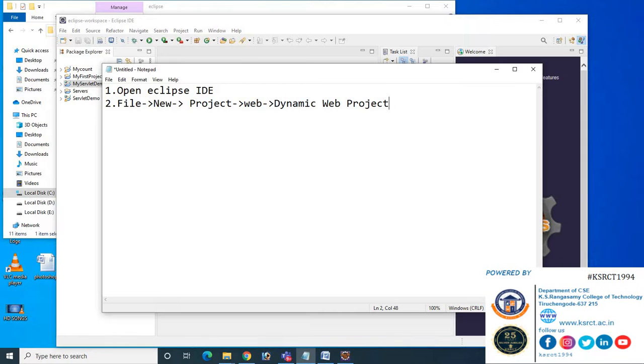In the meantime, if the server is not installed, we have to install it. If it is installed, then it's no problem. The server installation has to take place.